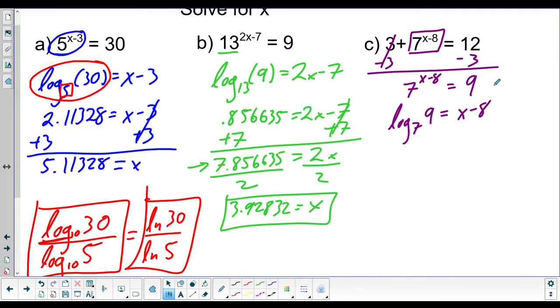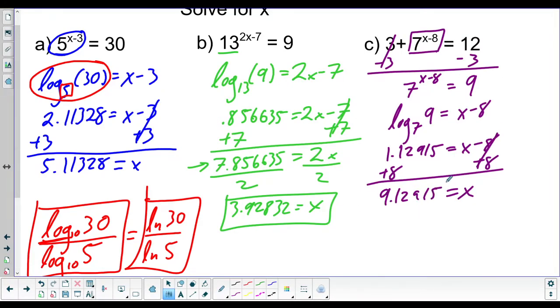We're going to type our log base 7 of 9 into our calculator. And we get 1.12915 equals x minus 8. And now we're home free. We just add 8 to both sides. And we get x equals